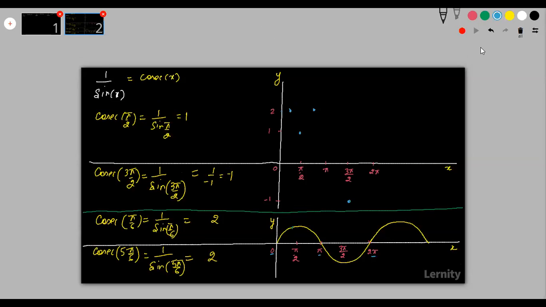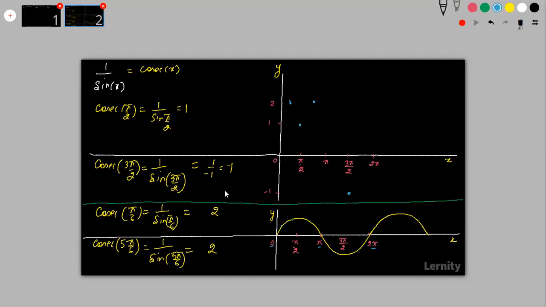So now we have drawn this. The last part I will explain again. Here it was pi by 6. I have taken this point, and pi by 6 I will move in this direction also. So I move here: pi minus pi by 6 will be 5 pi by 6. So again, cosec of 5 pi by 6.